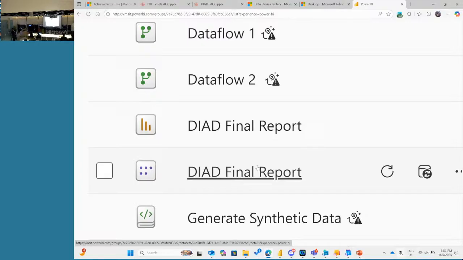Because in a lot of organizations, and correct me if I'm wrong, Ashraf, and maybe you can tap into your experience, there would be a team that would do the data modeling, all the DAX stuff, the star schema that we talked about, and then there'll be a separate team who will do the reporting. So that team just worries about all the nice, pretty stuff. So one team can create the semantic model and then give designers the ability to build reports on top of that, but they cannot edit the data model, because data integrity, governance and security are very important in larger organizations. You want to have what we call a single source of truth.